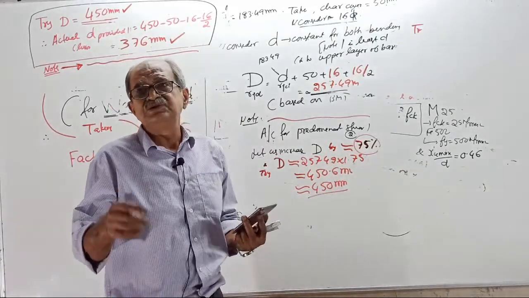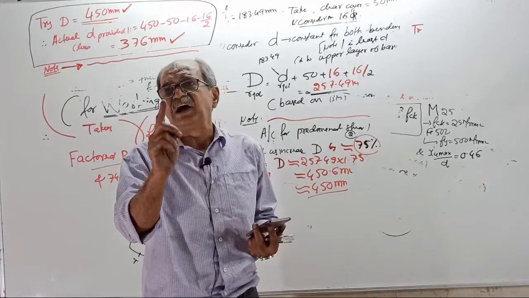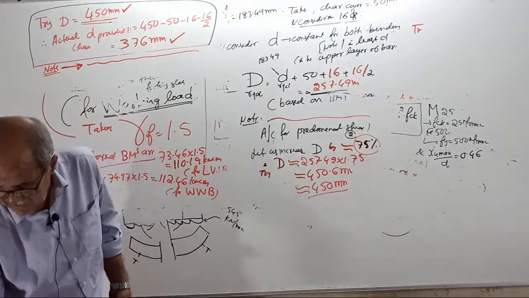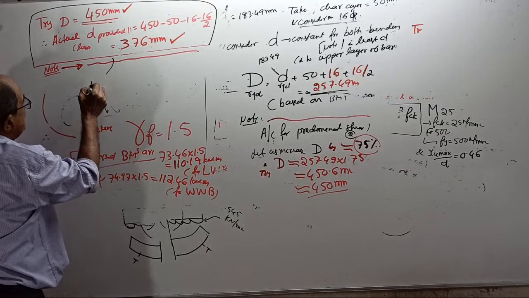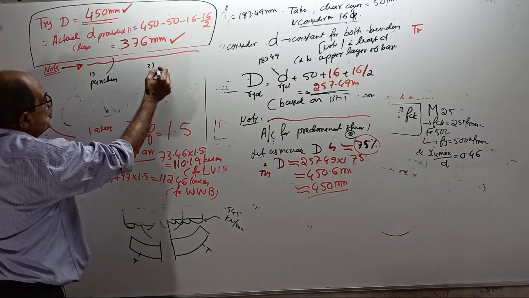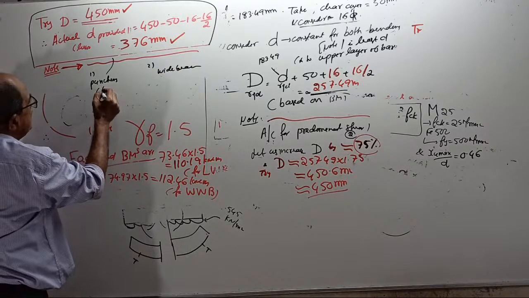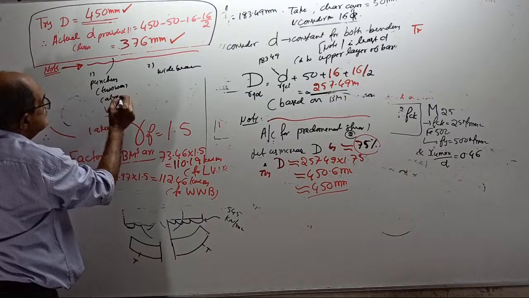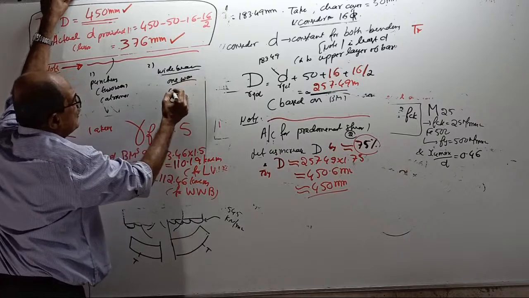So, unless you finalize AST and tension steel, you cannot check for other shear. Yes or no? Write a note here. Two types of shear are there. One of them is punching shear. Other is usual wide beam shear. Punching shear is two-way or all-round. Wide beam shear is one way, or our usual shear,